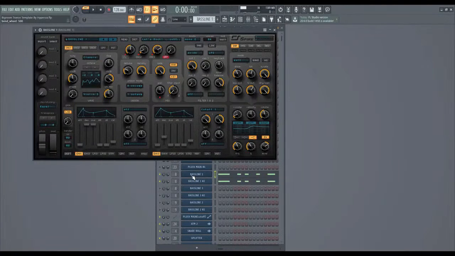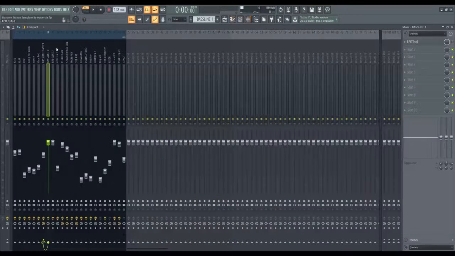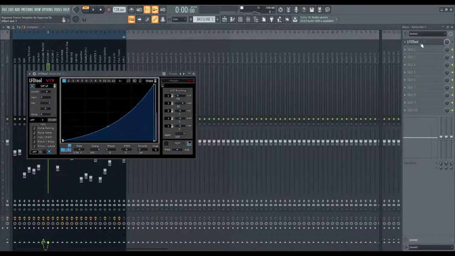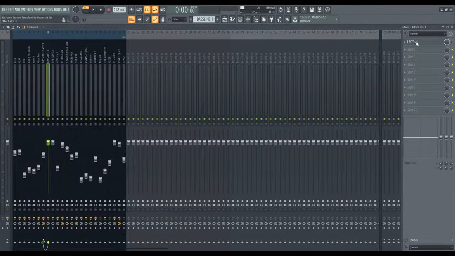This sound is not very complicated. It's just a simple wave sound. I use 3 oscillators of Spire, and in the mixdown you can see I use LFO. The reason I use the LFO is just for having the triplet sounds. In the next part of the track I will show you the triplet sound,